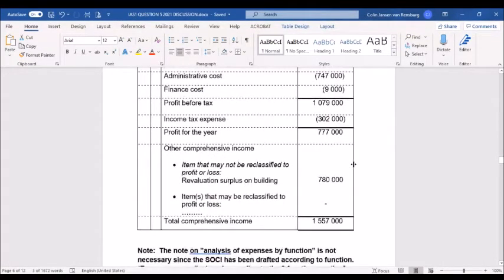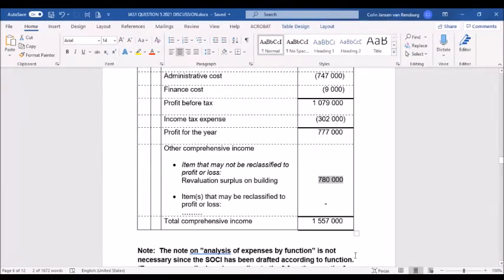Now we must remember we've got different columns for different amounts here. Our profit for the year is distributable, right? That will further accumulate, adding to our retained earnings, so that amount must go to the retained earnings column, whereas this amount will go to a different column, the column that is headed with the wording